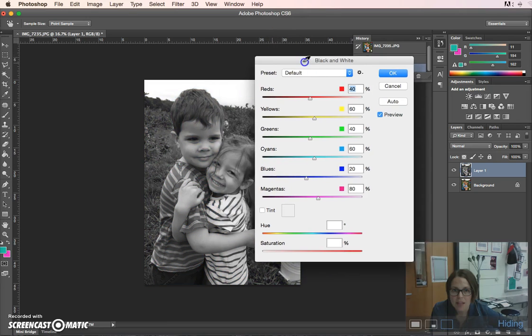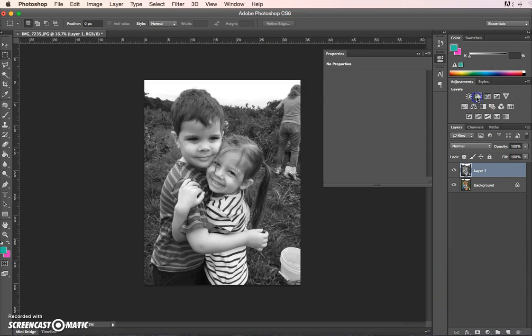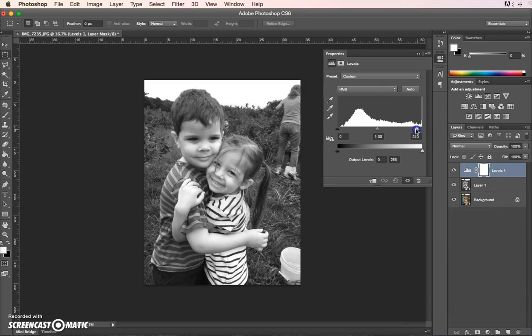From here, the main thing that I want you to notice is instead of adding a layer over here to my layers palette, I have actually changed that image from the color version to black and white. But I still have my options to come in here and make adjustments to make sure that I have good contrast going on in my image. And then I'm going to also do my levels adjustment, just like I always have in the past, to make sure that I have a true black, a true white, and several